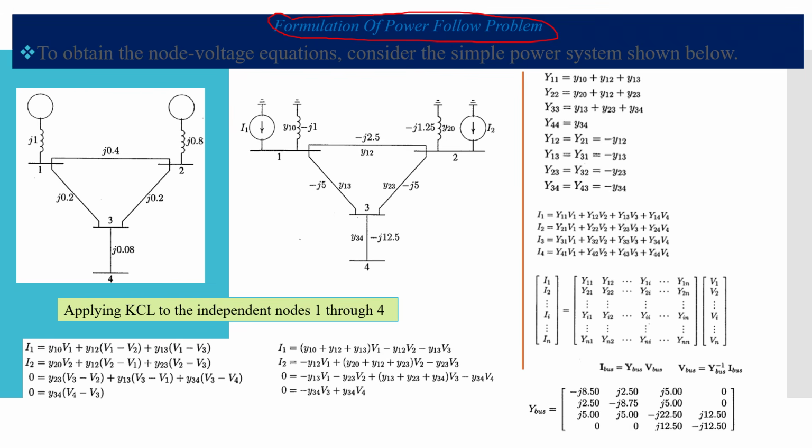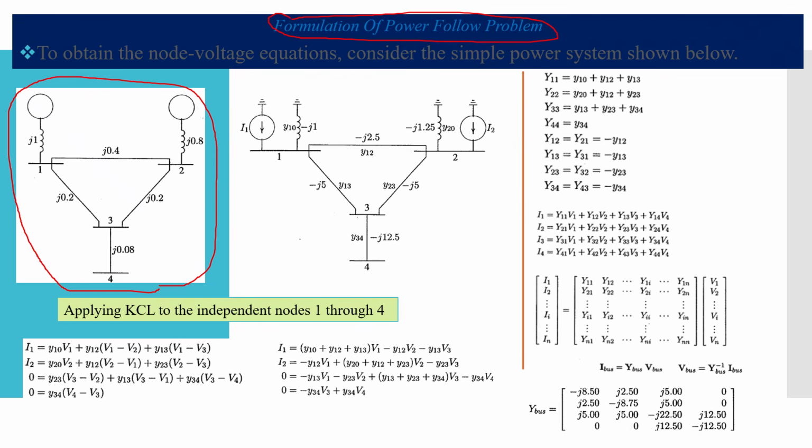So in order to do that, let us start our approach with a simple power system having 4 bus. So we have 2 generators here and 4 bus. In addition to that, we have a transmission line, generator, transformer, something like that. But let us focus on a circuit which has a simplified network of 2 generators, this transmission line and